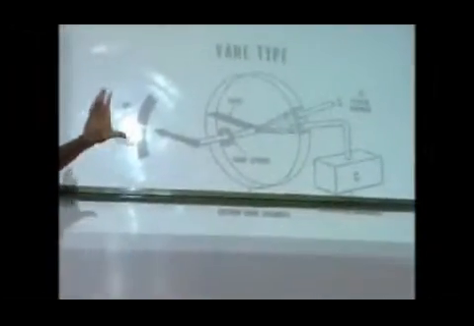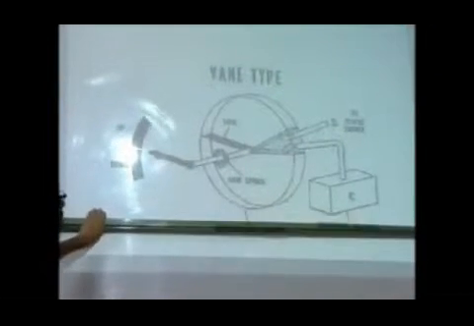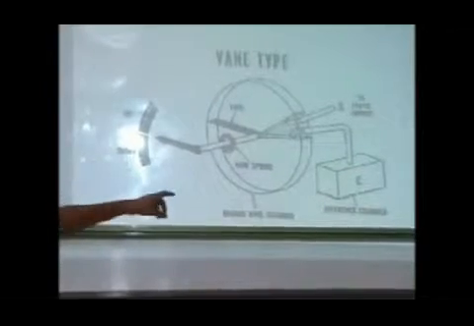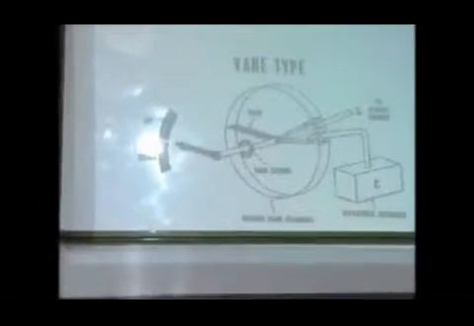Next is the vane type variometer. In the vane type variometer, the pressure drop across the restriction between the vane and case is a measure of rate of climb. You can see in the diagram there is a vane which rotates, and there is a casing. There is a pressure difference between the outside static source and the reference chamber. There will be a deflection in the vane, which in turn causes a deflection in the pointer, and at the equilibrium position,